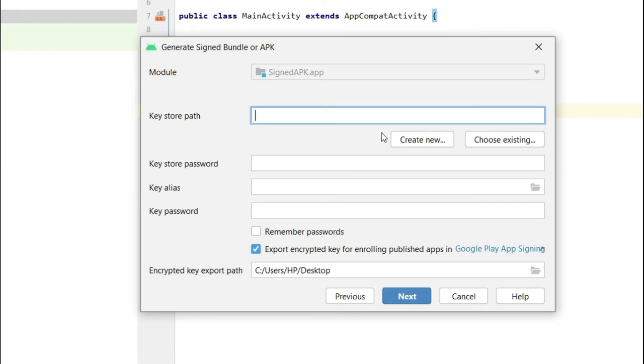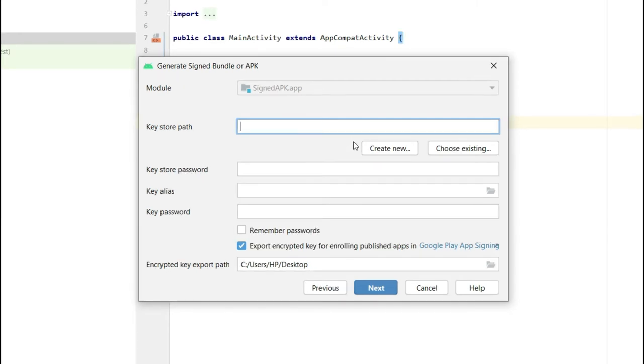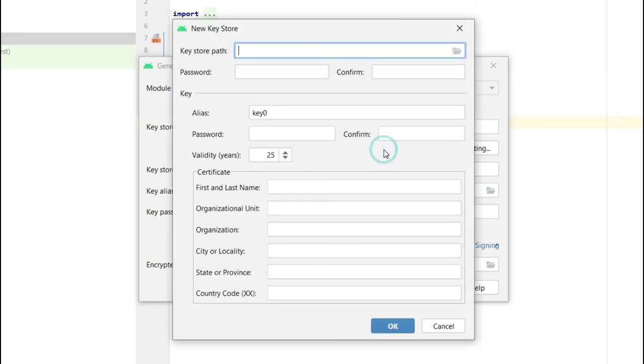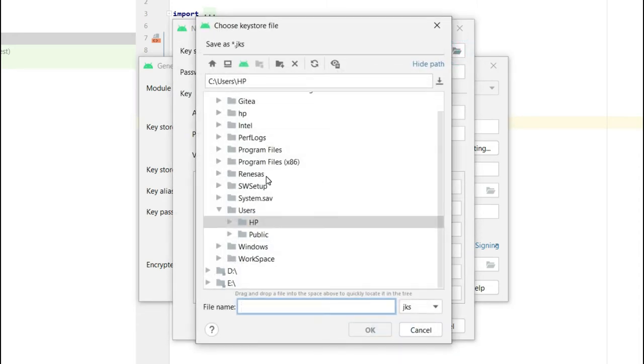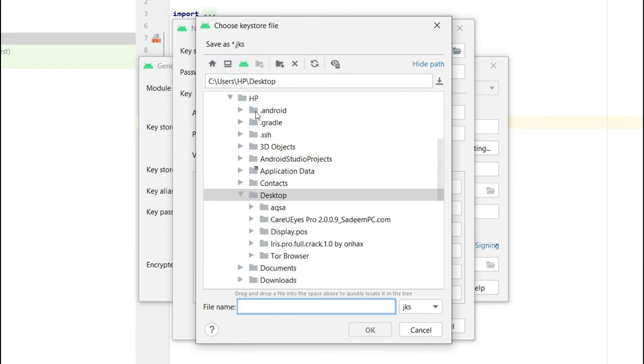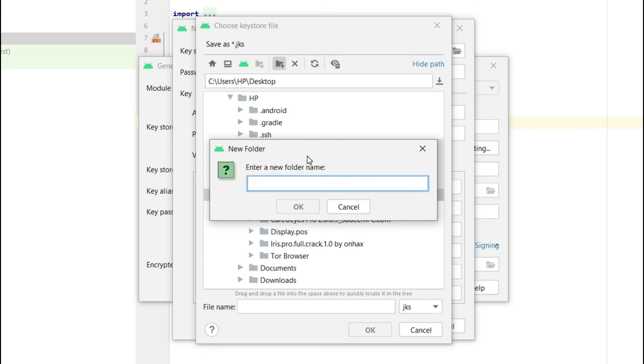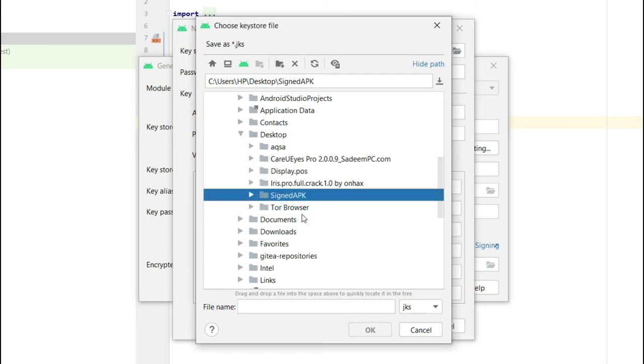From here you can either give the key store path if you already have your private key file. But if you do not already have your private key file, you can create a new one. From here, give the path and I will set the path on desktop. I will generate a new folder, write it as signed APK, click OK. And from here, write the name of the file as well.